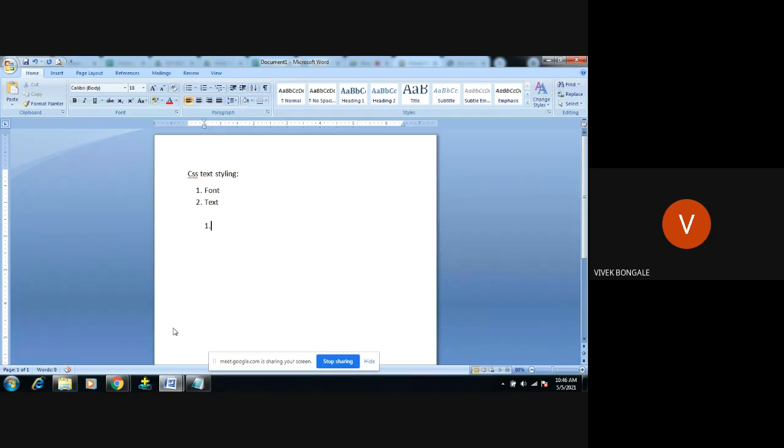First we'll look at font family. Font family means, I can see here I have used some font families like Calibri. I'm using Calibri. What I'm typing will display in this style, right?